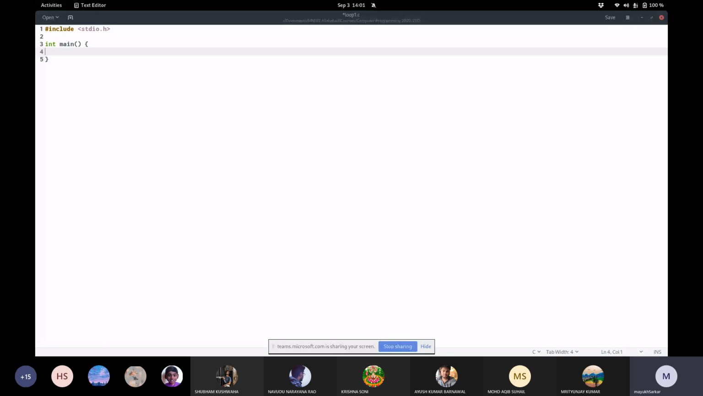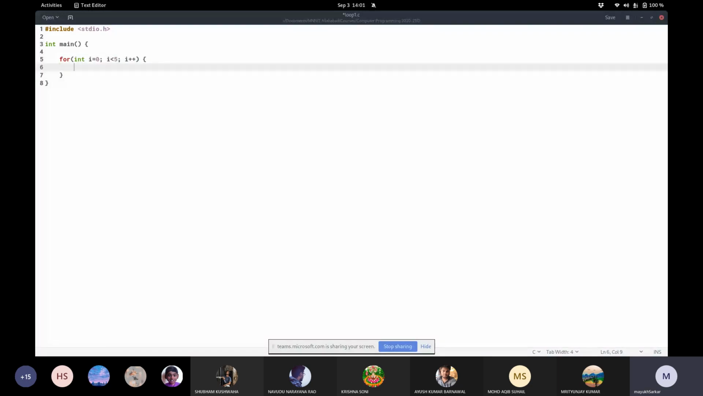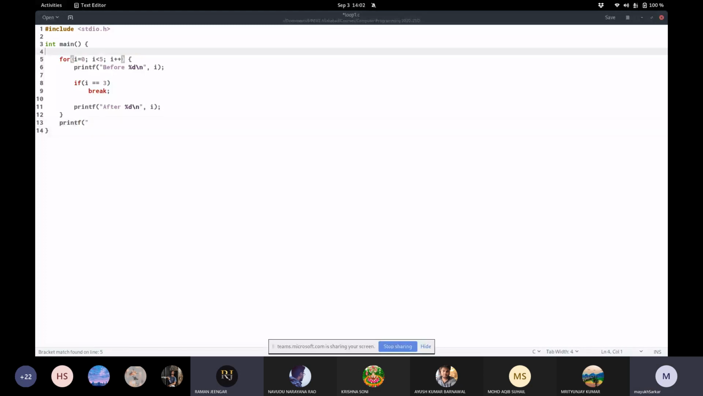And here, suppose I am creating a loop in which I am writing, say, before I, then if I is equal to 3, I'm writing a break, and then after I. And at the end of the for loop, label I as global after for loop. That's I. Now, if we execute this,